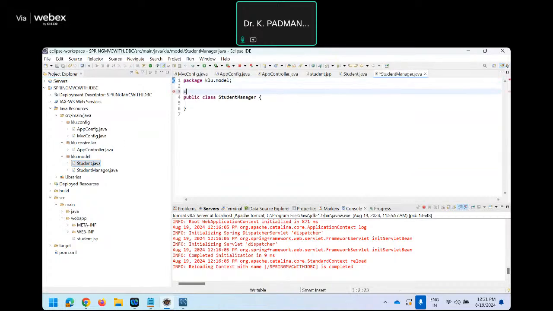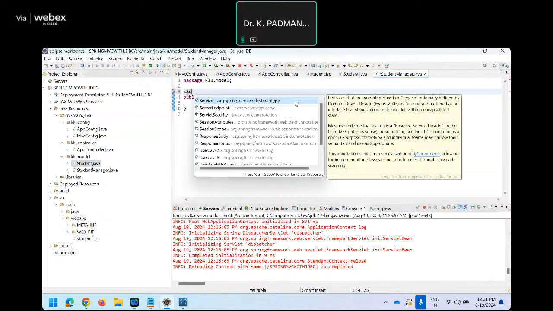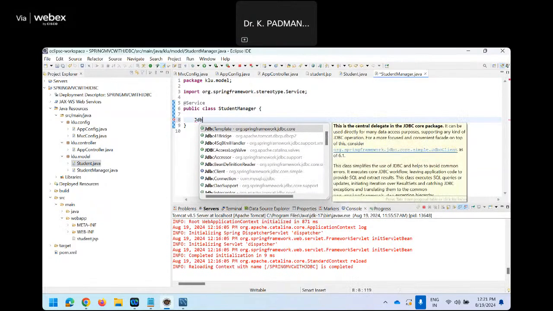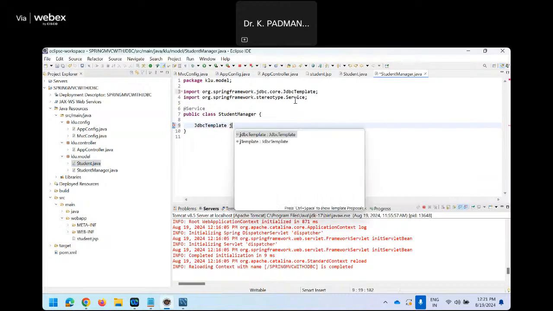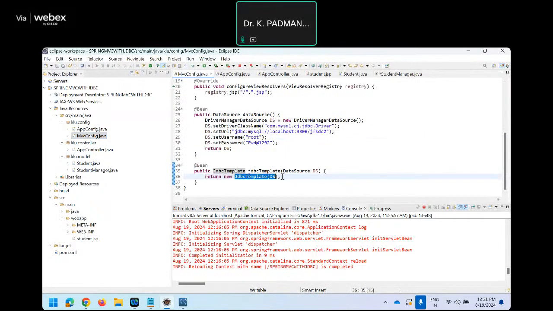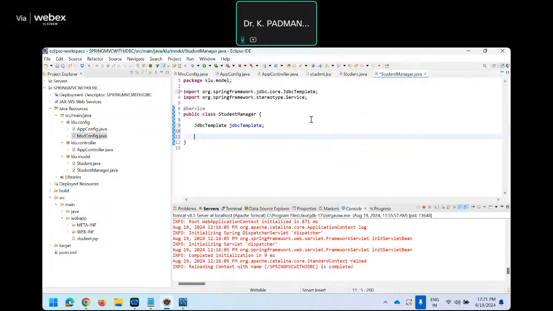I'm going to convert this class into a service class so that I can create an object just like a variable wherever I want. So @Service should be added. Then create an object for JDBC template. And in the MVC config, we are using the constructor method to initialize the JDBC template. So a bean is created for the constructor so that I can use the annotation @Autowired